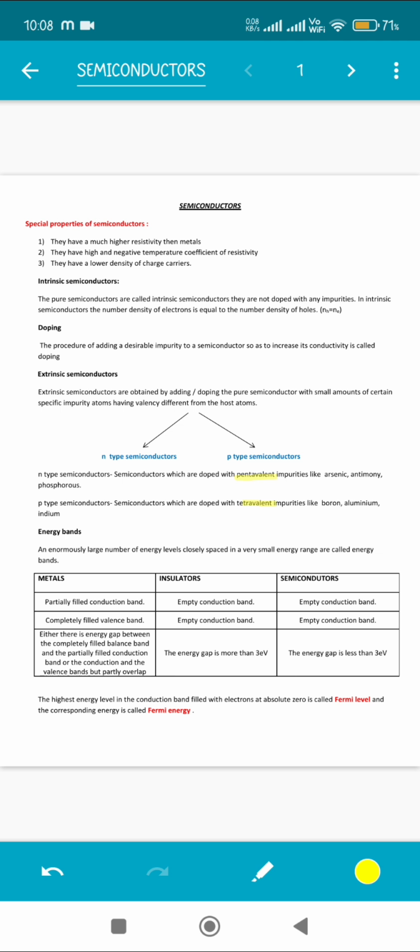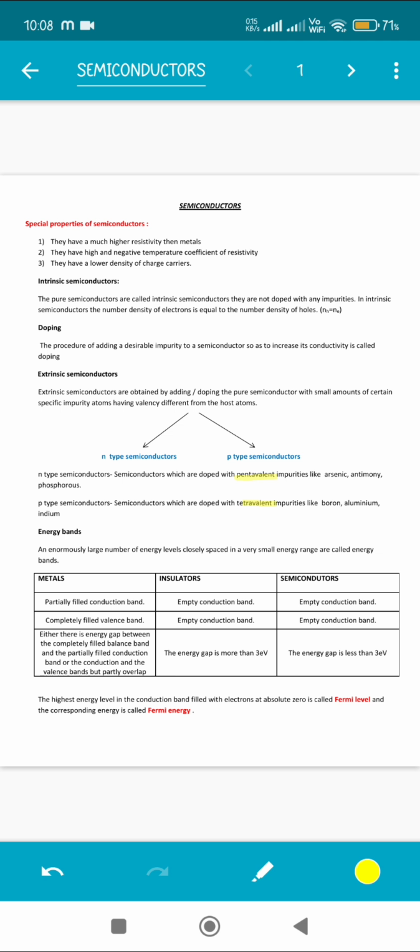So when we are discussing energy levels in case of semiconductors, we are not considering the revolving nature of the orbits. We are just considering as if they are stationary and they are very closely spaced. So whenever some energy levels are closely spaced with one another, they are known as energy bands. There are basically 2 types of energy bands. One is the valence band and one is the conduction band. Conduction band will help in conduction, of course, and valence band is the band of the outermost shell.